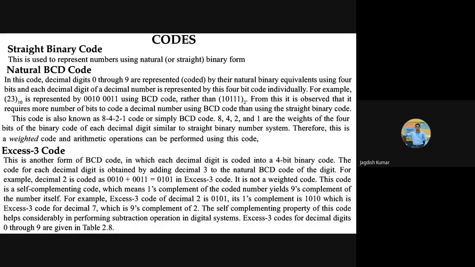What is Abhi Kashyap asking? You have to subtract 9 from one's complement? No, we don't have to subtract 9. Your one's complement is in XS3 code form. If it is in XS3 form, then to get the number back, you have to subtract 3, because in XS3, 3 has been added to the binary numbers. How to get the number back from XS3 code? You have to subtract those 3.